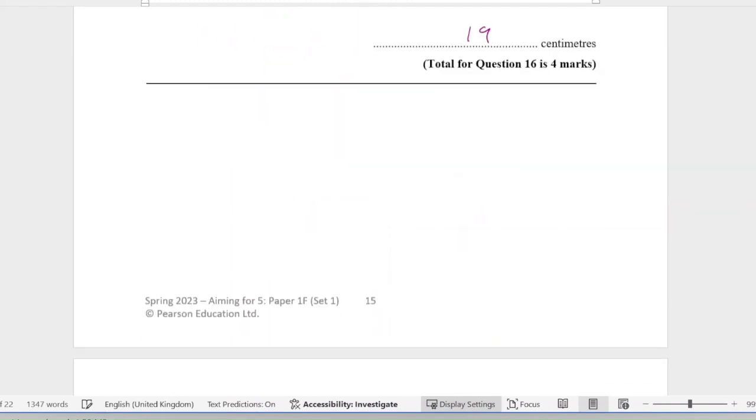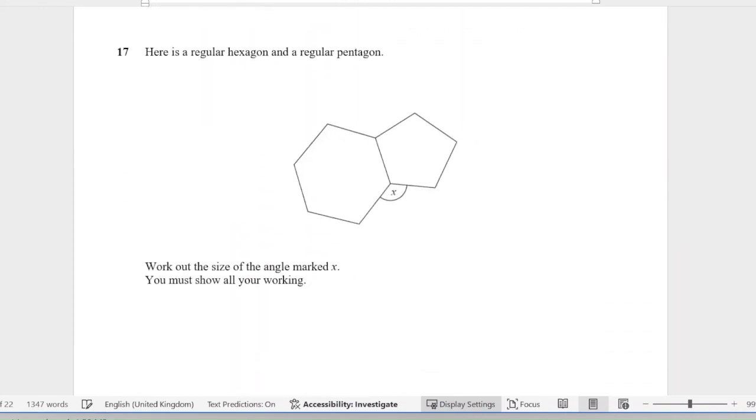Okay then. Question 17. Here is a regular hexagon and a regular pentagon. Work out the size of the angle marked with the X. You must show all your working. Okay, so I'm going to work out the exterior angle of both the shapes and then add them together. So the exterior angle of the hexagon is going to be 360 divided by 6, which would be 60 degrees. And the exterior angle of the pentagon is going to be 360 divided by 5, which is going to give me